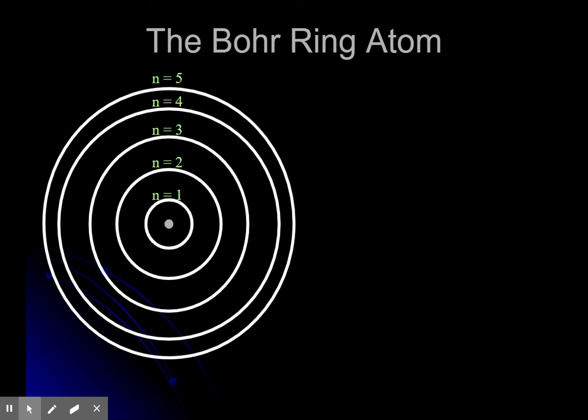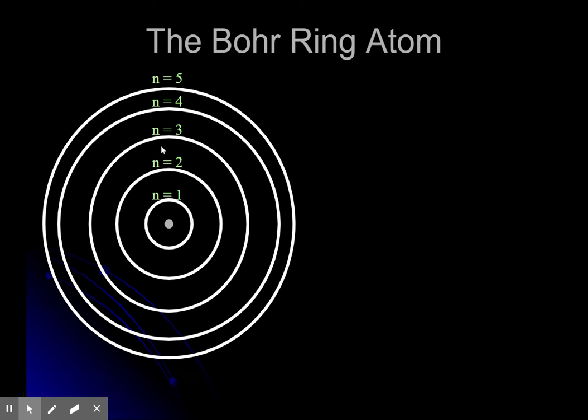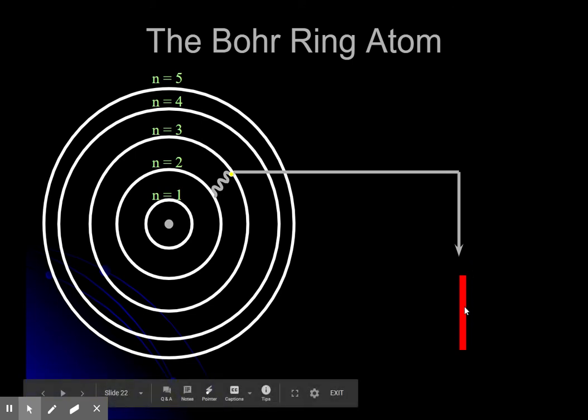So hydrogen only has 1 electron. So 1 atom, and in the ground state, that electron would be here at n equals 1. And we do use n to represent our energy levels. Well, let's say one of my hydrogen atoms takes its 1 electron and it absorbs 2 photons of energy. Then when that excited electron drops down, it only gives off 1 photon of energy. That corresponds to a wavelength in the red region, so around 700 nanometers in length for that wave.